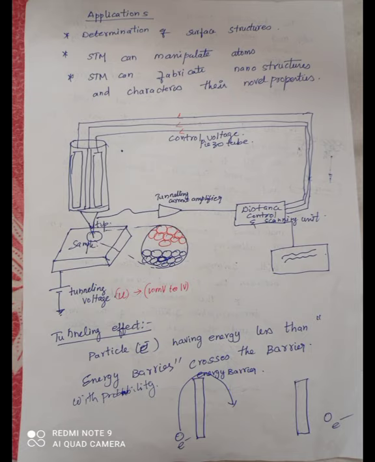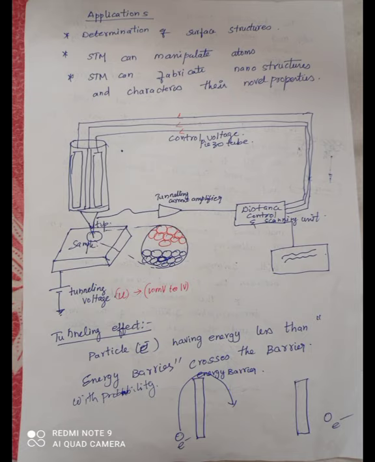Now the samples are scanned by a very fine metallic tip. So here we have a fine metallic tip. The tip is made up of tungsten and is mechanically connected to an XY position recorder. This is realized by means of piezoelectric materials. The sample is either positively or negatively biased, so that the sample emits electrons and they reach the tip. The flow of electrons is called a current. This current is known as the tunneling current.